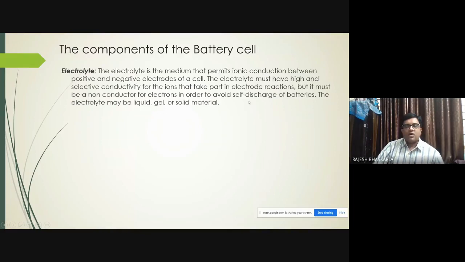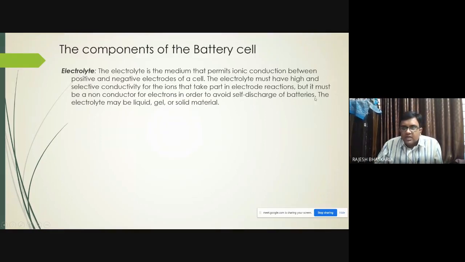Not internally in the battery, but as it is connected to the cables. But even then you have self-discharge. Even though the negative terminal is removed, you will have self-discharge, but it is very, very small. It is very minute. If it is connected to the terminals, it will be larger.